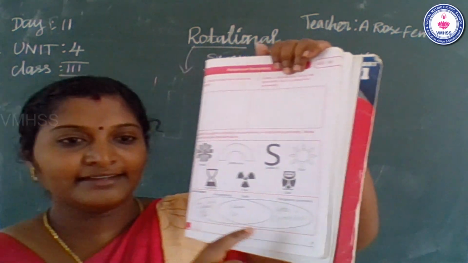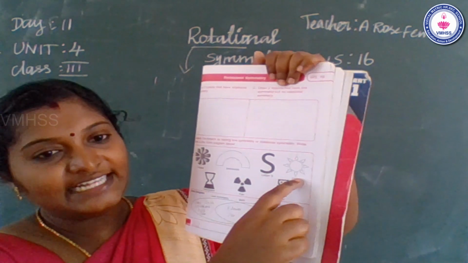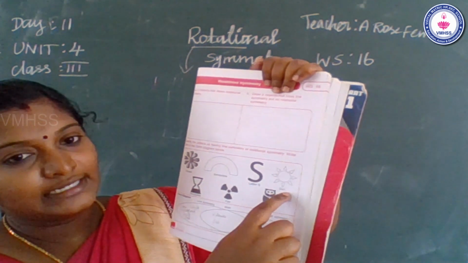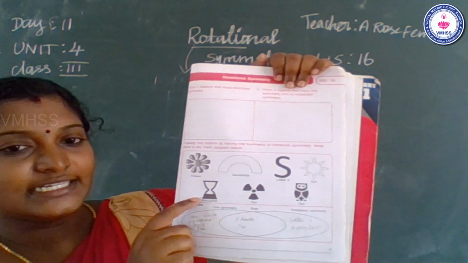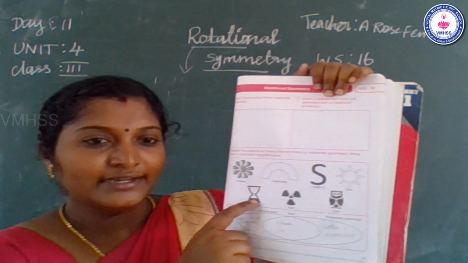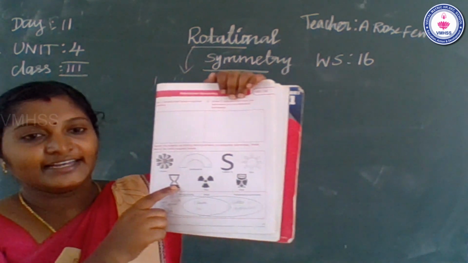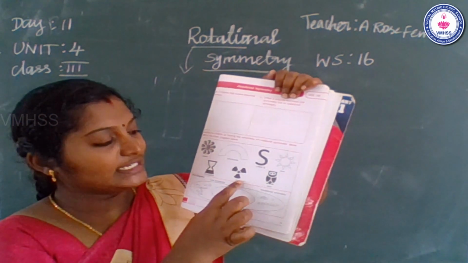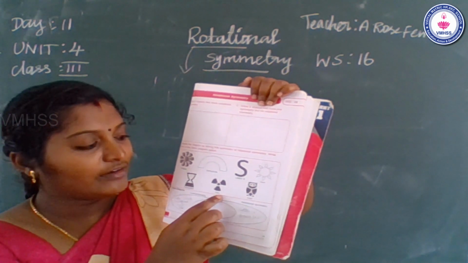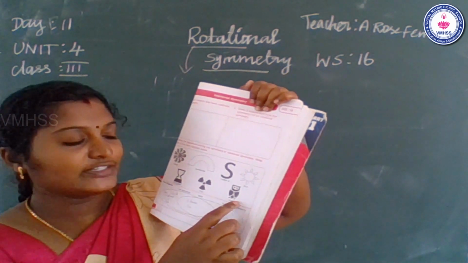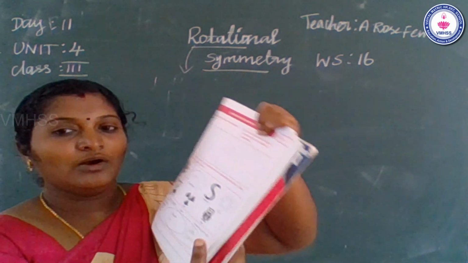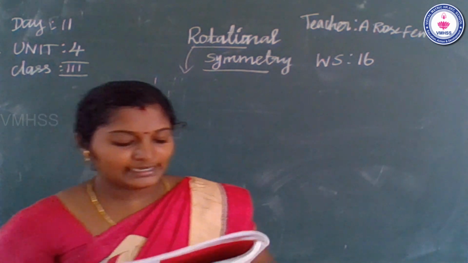Okay, so listen. So this one, sun. Okay, so this picture, sun. Okay, what is this? So this is an hourglass. Okay, ma. So this is an hourglass. Okay, so what is this? So this is a fan. Picture of a fan. Okay, so what is the last picture? So this is an owl. Okay, so dear children, listen.